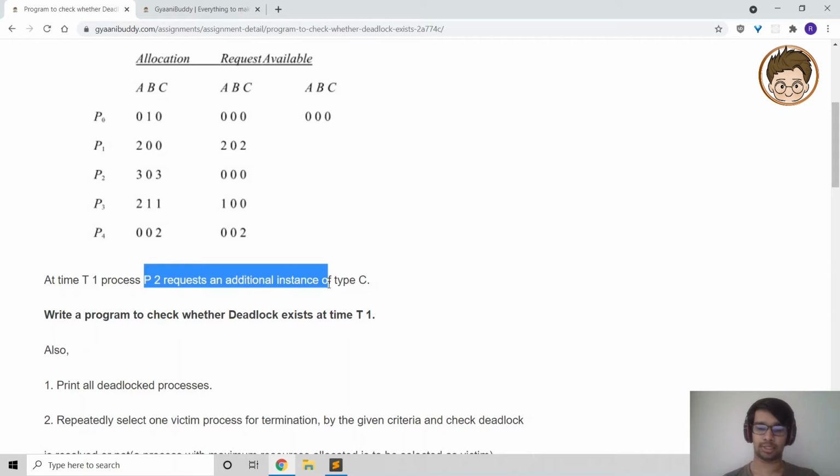Now, what is deadlock? A deadlock is a situation that occurs in an operating system when any process enters a waiting state because another waiting process is holding the demanded resources. So, deadlock is a really common problem in multiprocessing where several processes share a specific type of mutually exclusive resources.